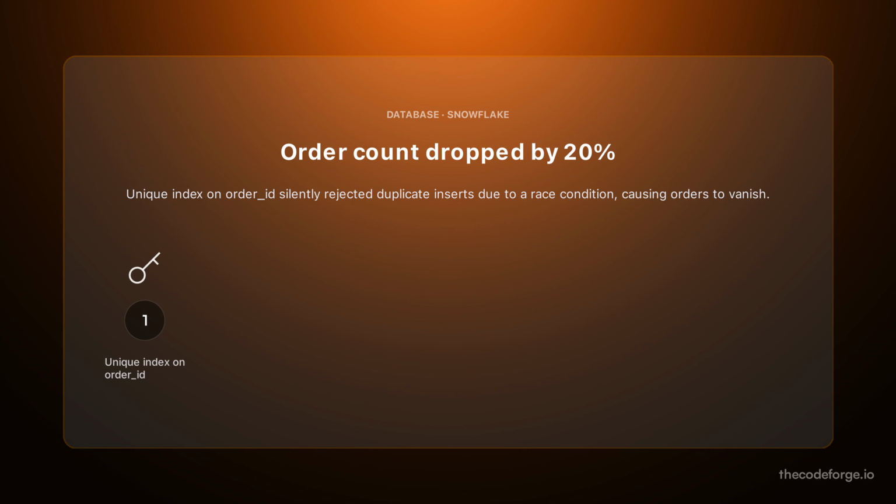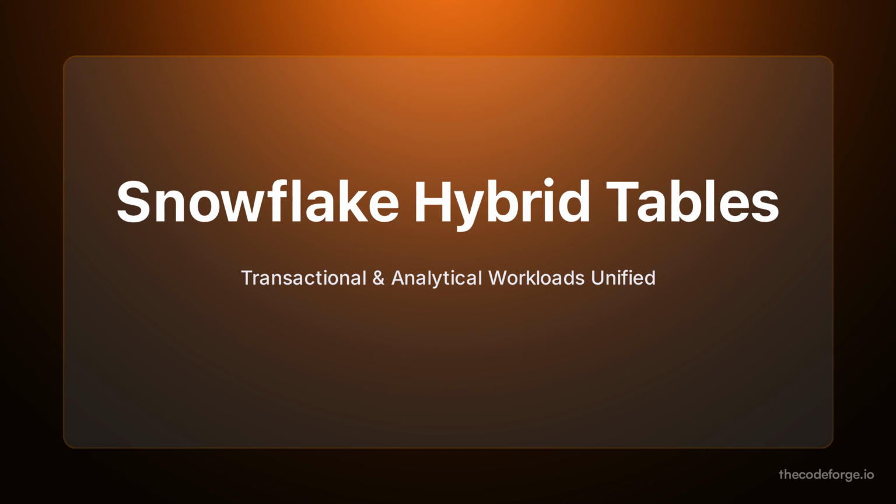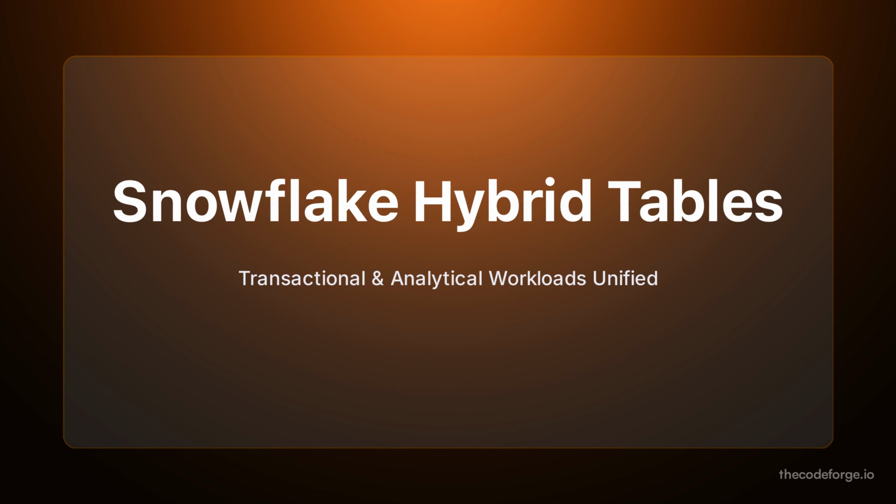Orders are vanishing, dashboard count just dropped 20%. A unique index on the hybrid table was silently swallowing duplicates. Let's explore. You'll learn how Snowflake's hybrid tables and Unistore architecture enable low-latency transactional workloads alongside analytics, and how to